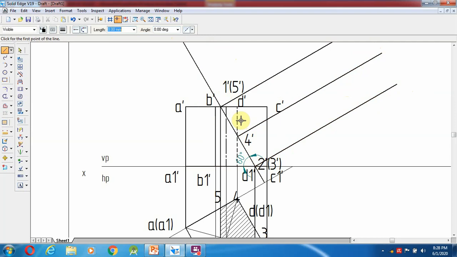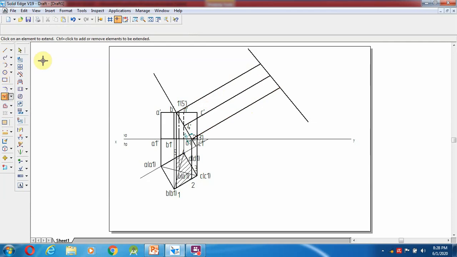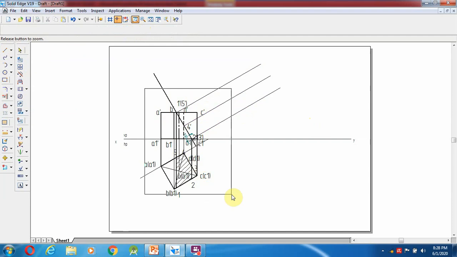After projecting this, give fit, and also I am going to make a projection and extend it to the next, so those lines I am going to delete. Then these are all the lines going to convert into 0.13 mm line. After converting to the 0.13 mm line, the thing that is very important over here.